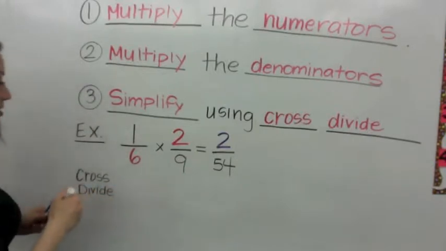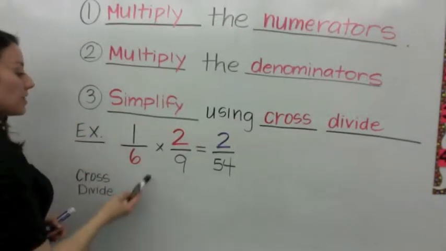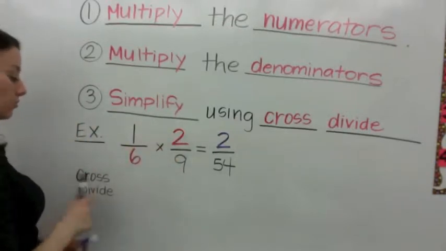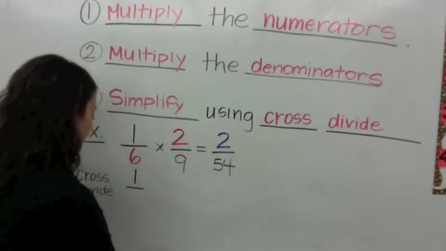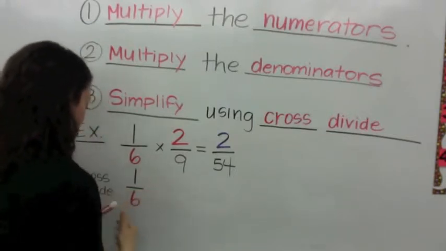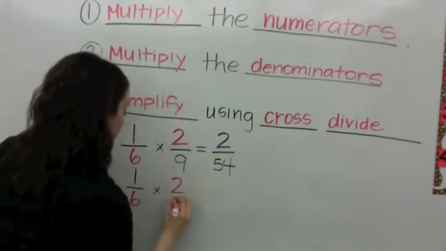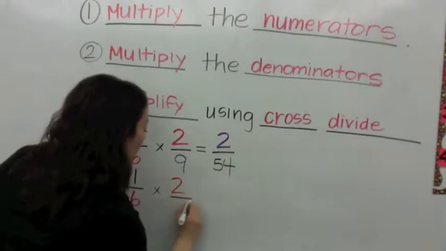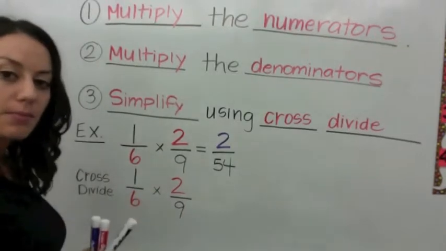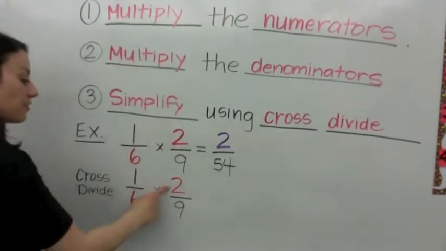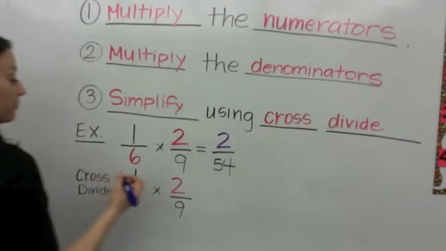And when you cross divide, that's really simple. Okay, I'm going to show you what it looks like here. When you cross divide the 6 and the 2, yeah? I'll rewrite it. You have 1/6 multiplied again by 2/9. All right. Well, the 6 and the 2, look at them across. Could you divide them by the same number? They're both even, right? What could you divide by? You could divide by